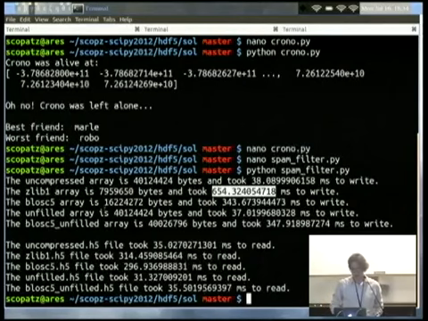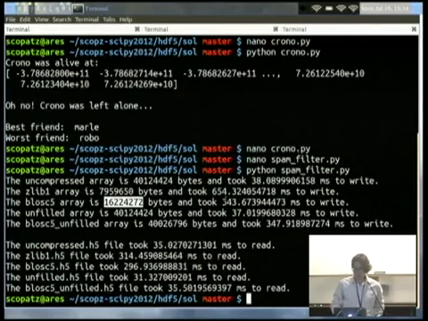Using BLOSC, the file size is about double what it was with zlib, but on the other hand, it took about half the time to write. And that's with very regular data, right? Because we have basically only 2 types of elements, so compression should be doing a champ job here, or relatively good. But if we have just random bytes wherever we used to have spam for this spam level,